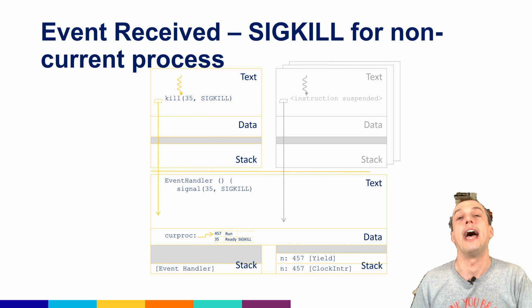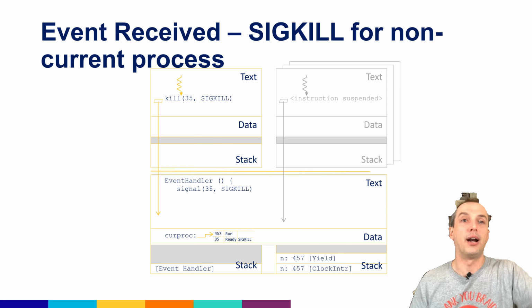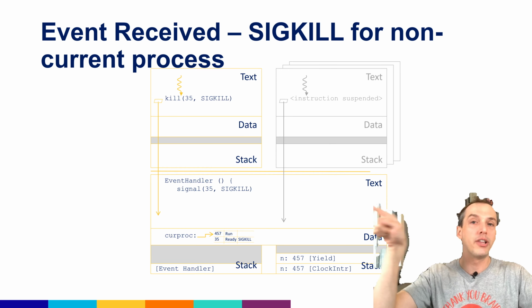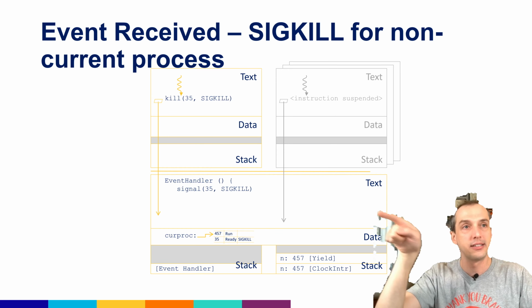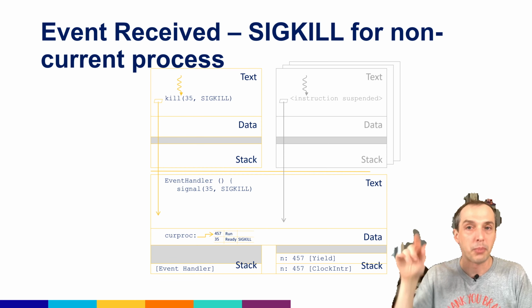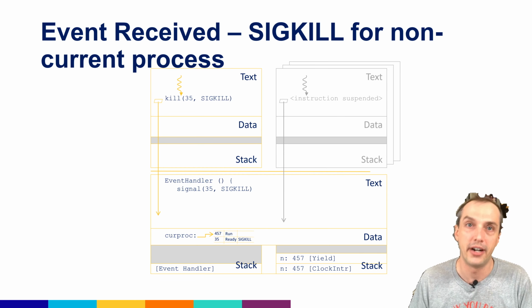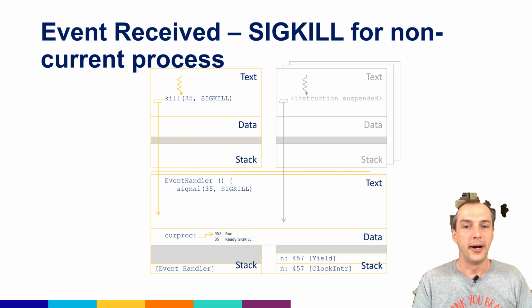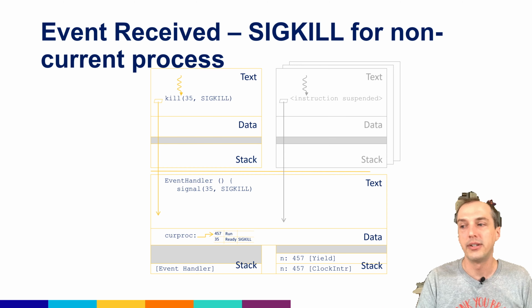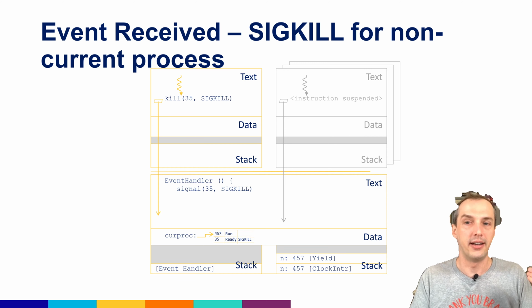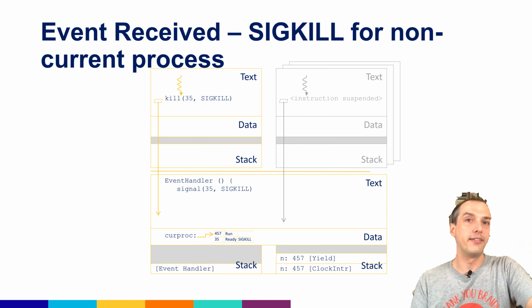When we do that, in our kill process, we don't immediately go over there and say, hey, suspended process 35, I'm going to kill you right now. Process 35 is going to sit there waiting until it's going to run. Usually it'll run very quickly, but it's not going to actually be received until process 35